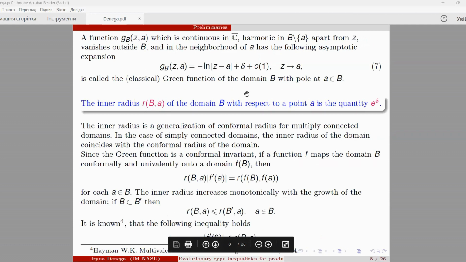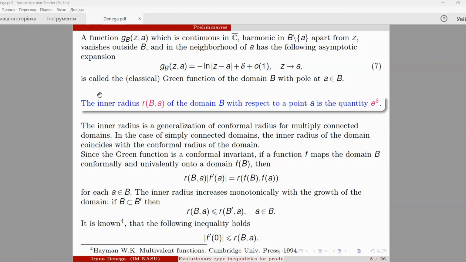Consider a generalization of conformal radius for multiply connected domains. A function g_B of z, a, which is continuous in the extended complex plane, harmonic in B without a, and apart from that vanishes outside B, and in the neighborhood of a has the asymptotic expression g_B of z, a equals minus logarithm of the modulus of z minus a plus delta plus an infinitesimal value when z tends to a,